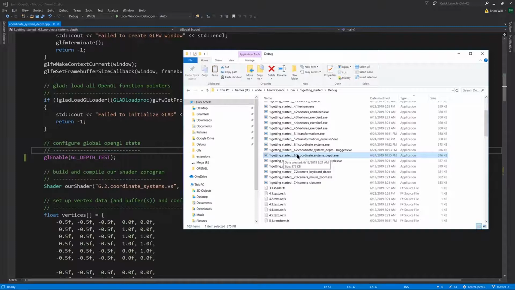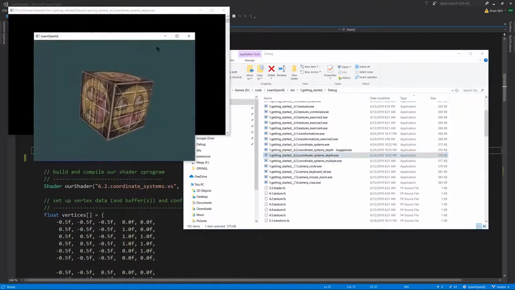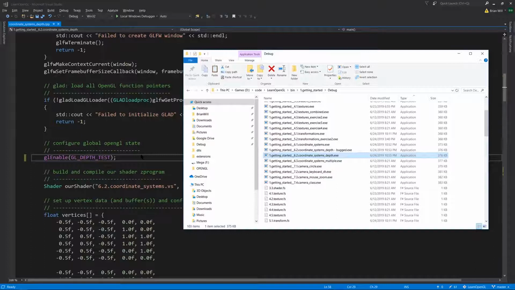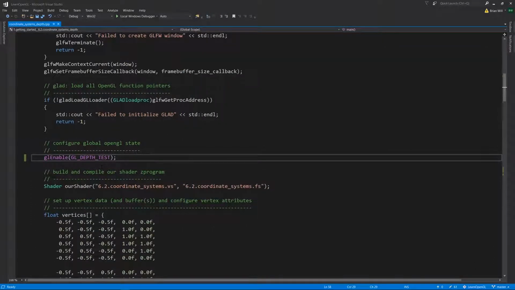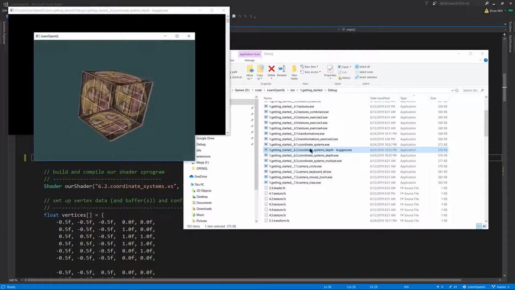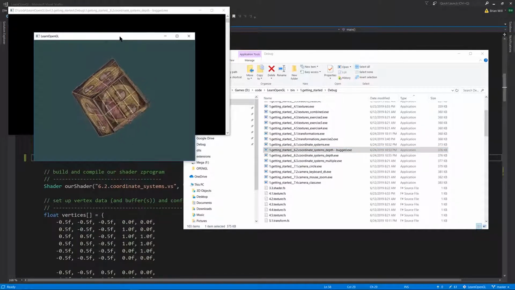Next, we have 6.2 coordinate systems depth, and now we're rendering a full cube. And now that we're rendering things which may get drawn on top of each other, it's very important that we enable depth testing by calling glEnable(GL_DEPTH_TEST). If we forget to enable depth testing, this is what we'll get, because what's happening here is the primitives are